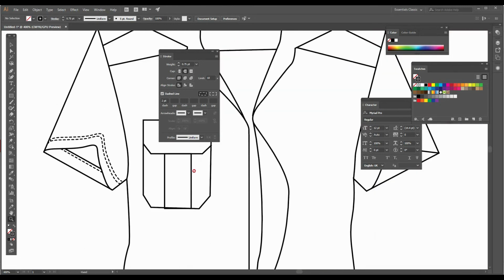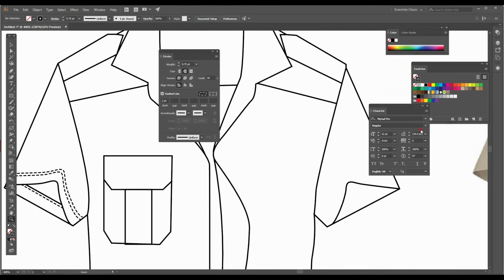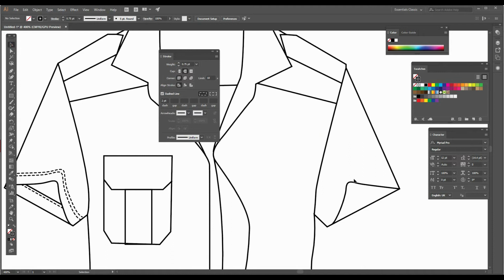Same way on the other side, I am going to drag this line and keep it somewhere here at the same distance as we have in the left sleeve. I'm going to take the eyedropper and click on the previous stitch line, and then I'm going to take the direct selection tool and click on the end point and make it reach till the edge, and then again I'm going to make a copy,